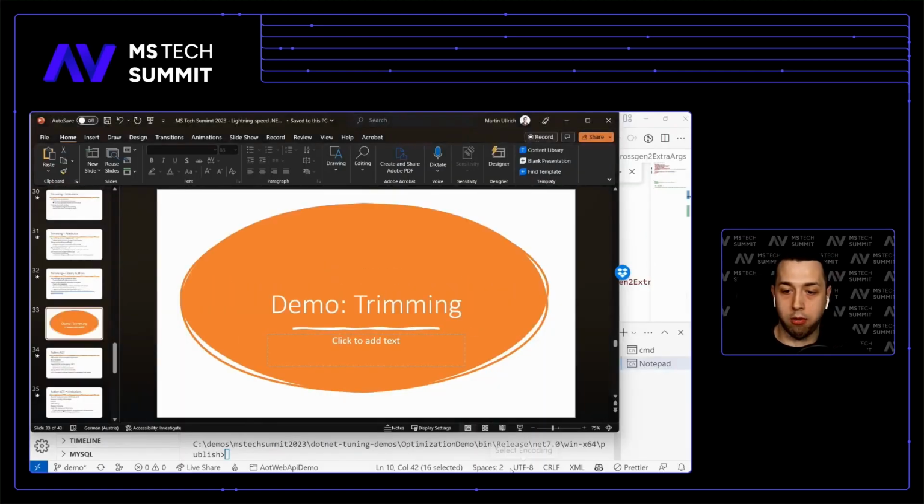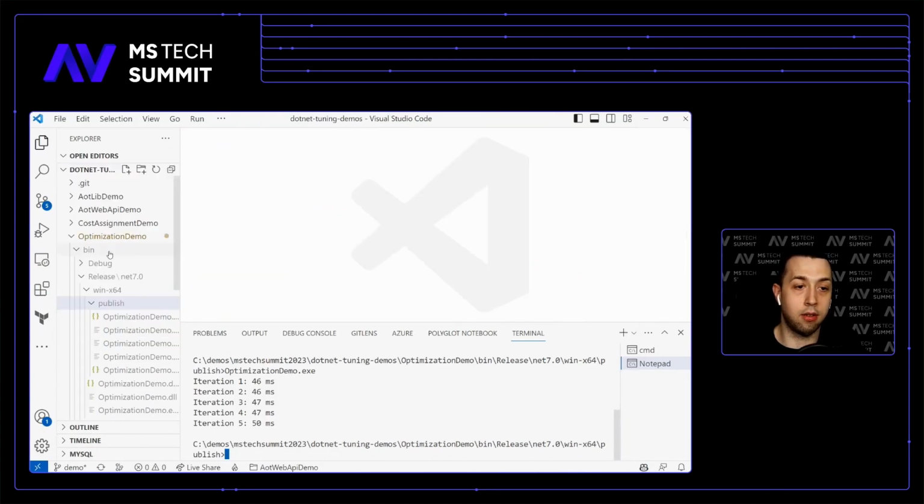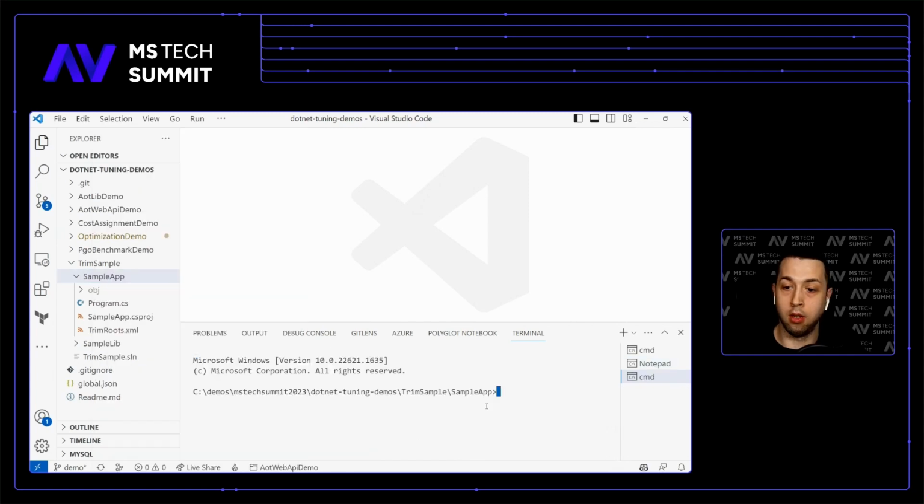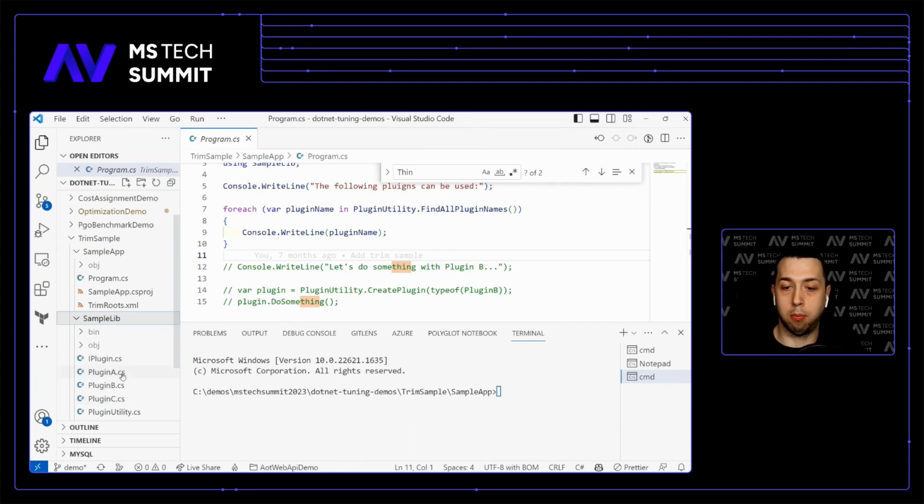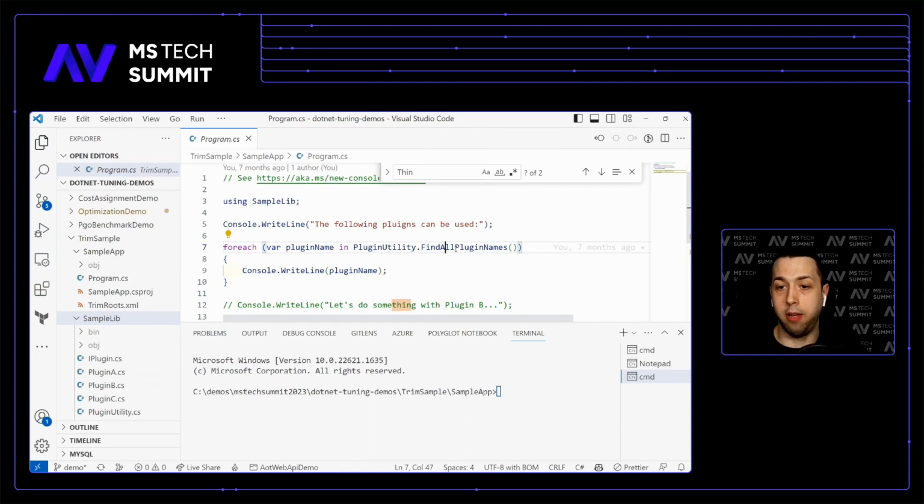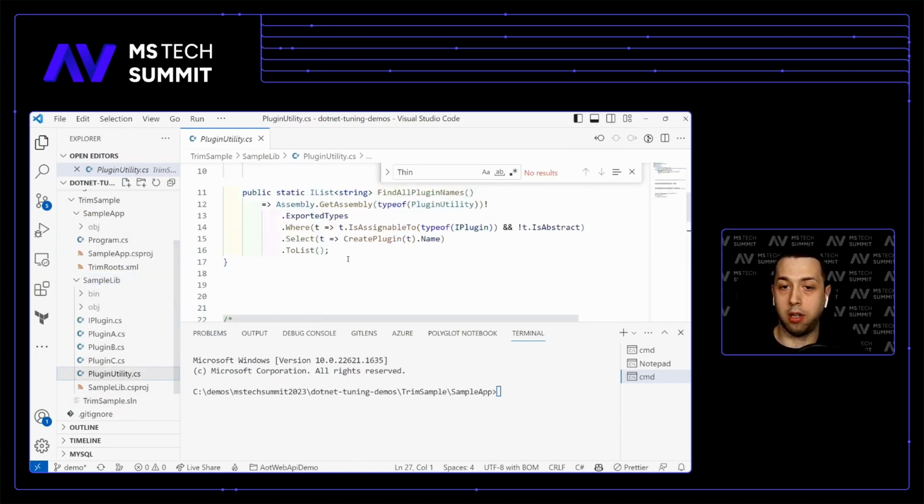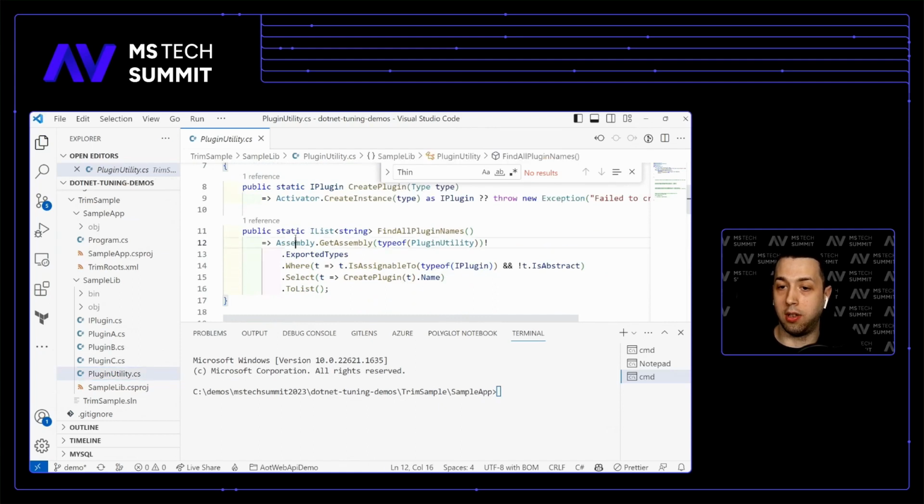I'll give you a very quick demo of that. So I have a sample application that uses some plugins of another library. And what it does, it calls find all plugin names in a plugin utility, and this uses basically reflection to look at all the implementations of a specific interface and instantiate them and return the name. And if I publish that